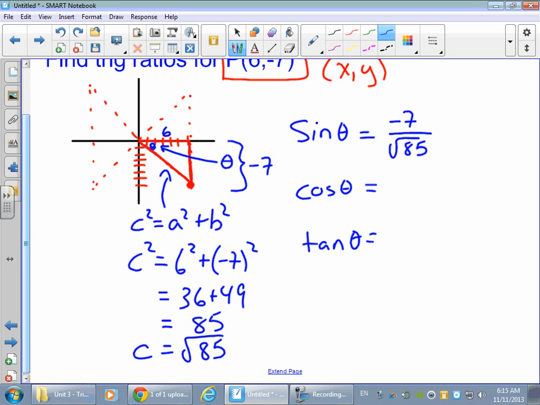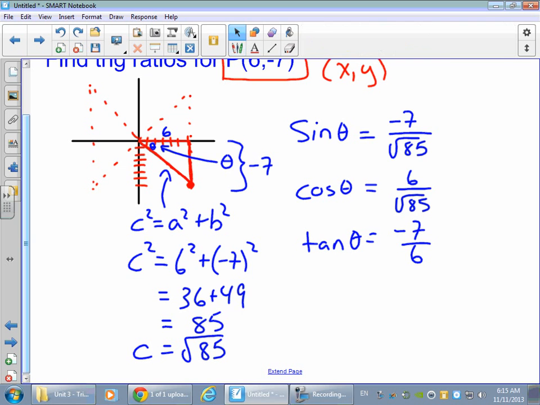Cosine of the angle is going to be 6 over the root 85. And tan is going to be the opposite, the -7, over the adjacent +6. And one thing you may notice right away is that, as we would expect, going from the CAST rule,